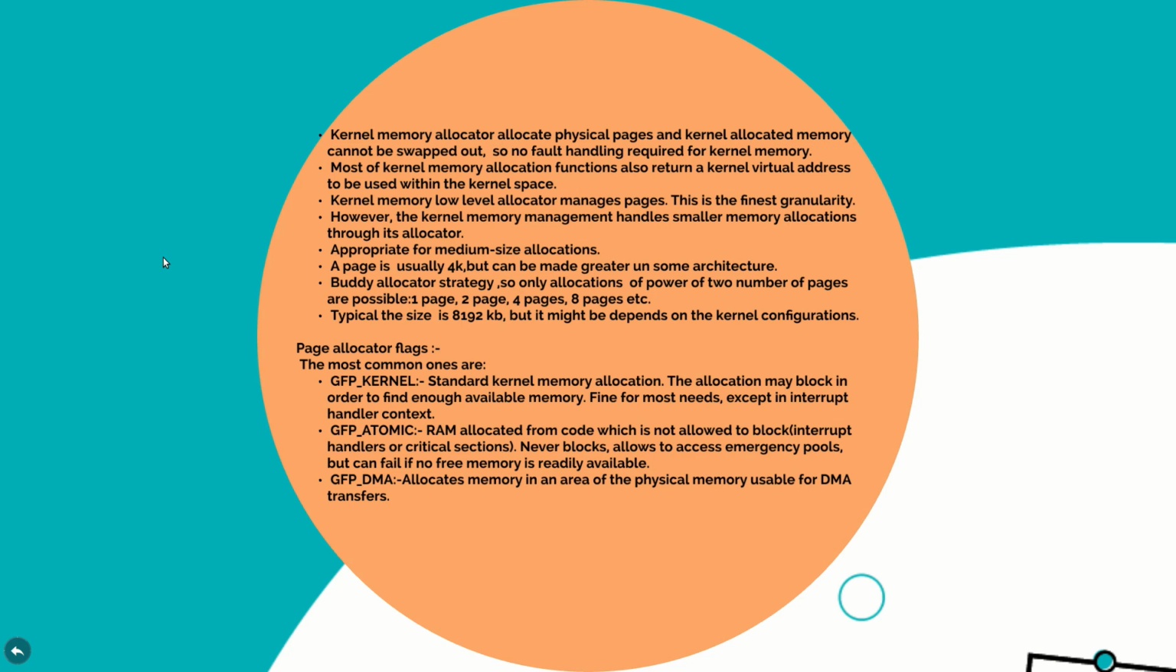GFP_KERNEL is the standard kernel memory allocation, and GFP_ATOMIC is for RAM allocated from code which is not allowed to block, like interrupt handlers or critical sections. It will never block, it is allowed to access emergency pools, but it can fail if no memory is readily available. Okay,